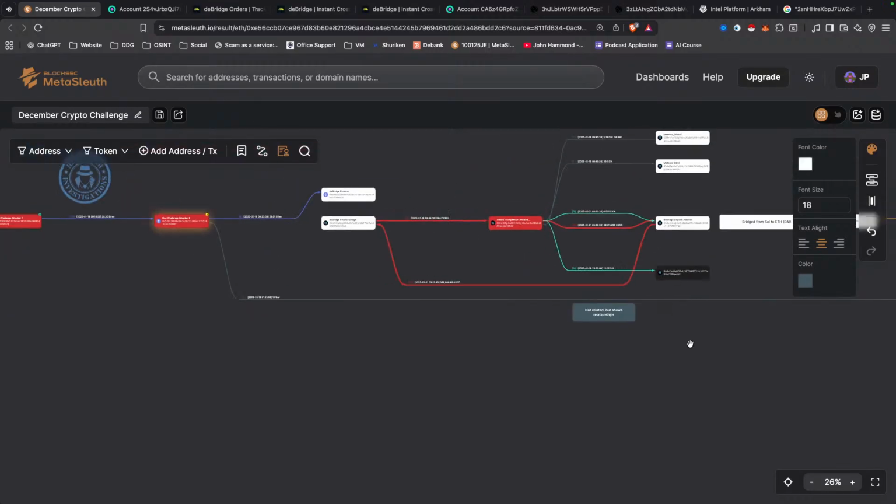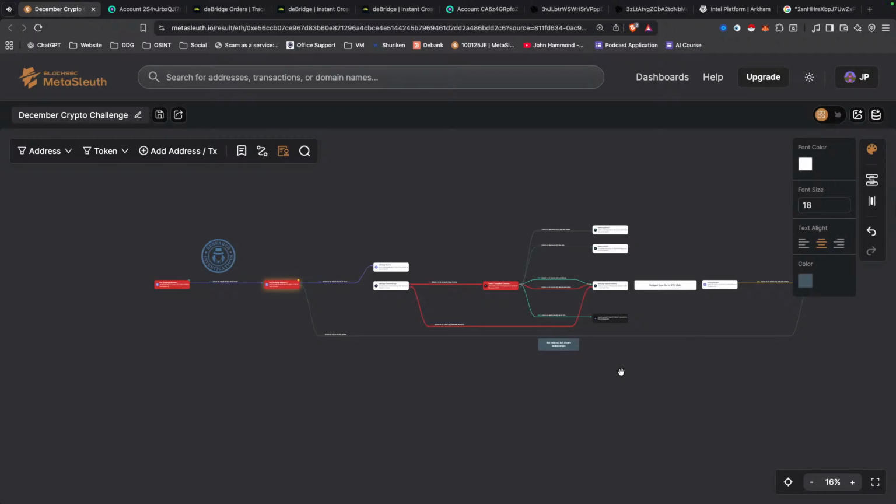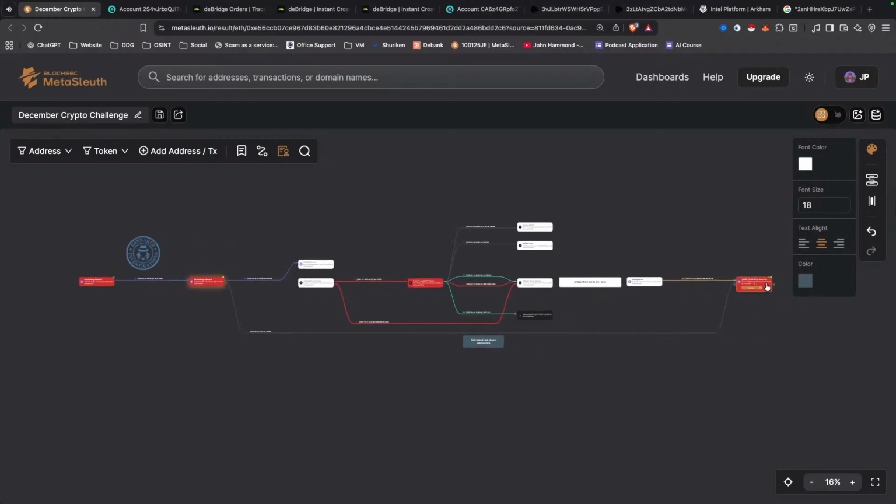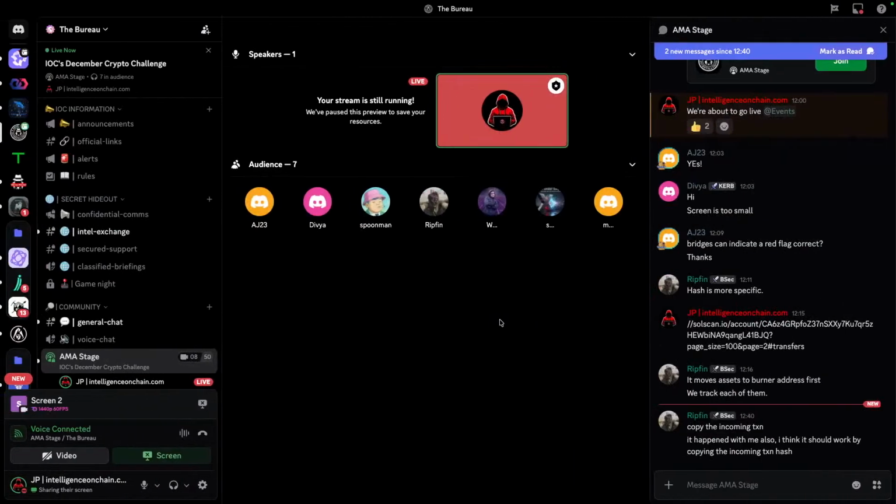I think we'll leave it there. There's more to go. There's more tracing where you can go in and out of different addresses. It ultimately comes back here and goes to various places. But I'll leave it there. Hopefully that was useful to understand how to trace through a couple of different blockchains backwards and forwards, looking at Solana, looking at the different trades that happen, and understand what's going on. So with that in mind, I'll hand it over to you guys to ask any questions.